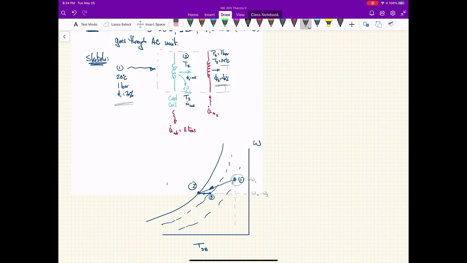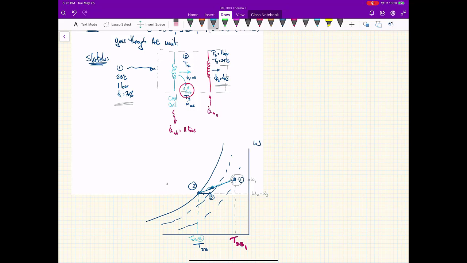It has a certain dry bulb temperature, which is non-ideal, dB1. When we pass through the cooling coil, what we're doing is dropping the humidity because we're squeezing some water out of the air. And so therefore omega is going to drop. And at the same time, because we're cooling the air, the dry bulb temperature is going to drop. So that means a movement to the left and down based on where we started. So that's what's happening right there. We're going to the left and down. And that gives us our second